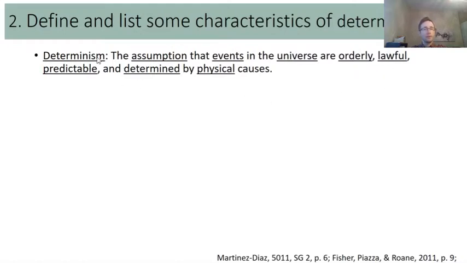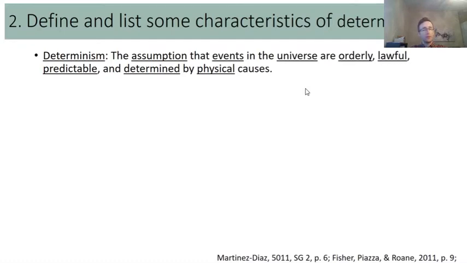So this determinism makes this assumption that events in the universe are orderly and lawful, but also predictable, that you can predict events that are going to occur in the future based on information that you have now. And it's also assumed that these events are determined by physical causes. And that's important,